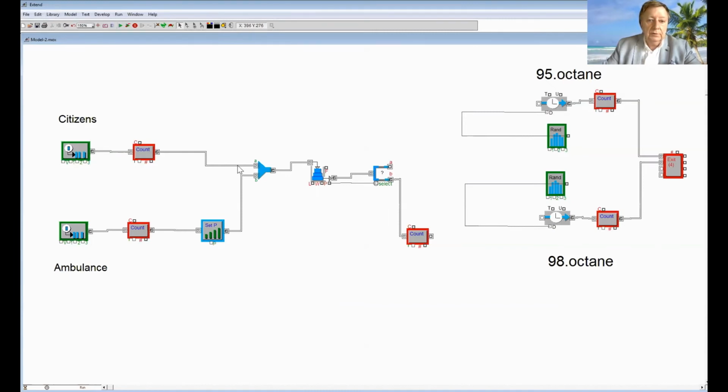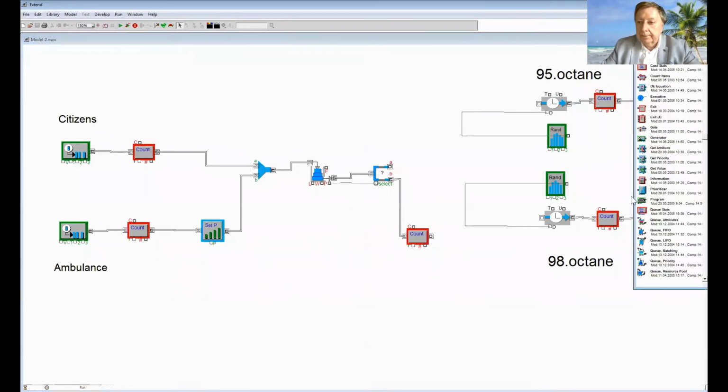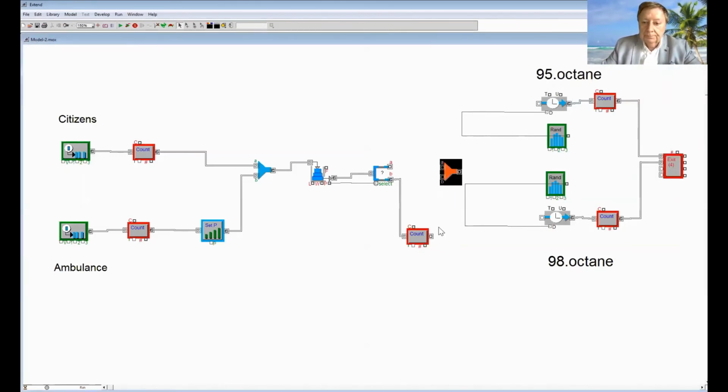So we must use also such one block, like combine block. Okay, this is for combining. There is no need for tuning it. So it means that at least one flow will go to this octane. But then there should be another flow